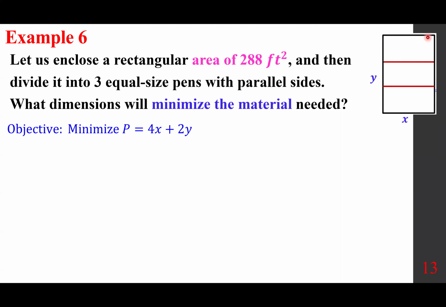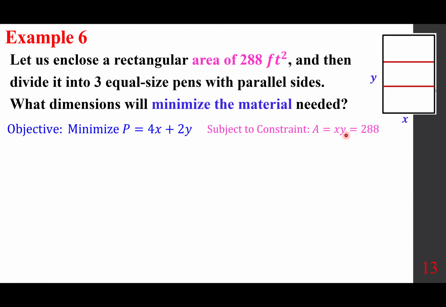Again, 1, 2, 3, 4 sides, each one is X. 1, 2 sides, each one is Y. And we have 288 square feet of area, so X times Y must be 288. That is the constraint. Okay, very straightforward, everybody. So with that being the case,